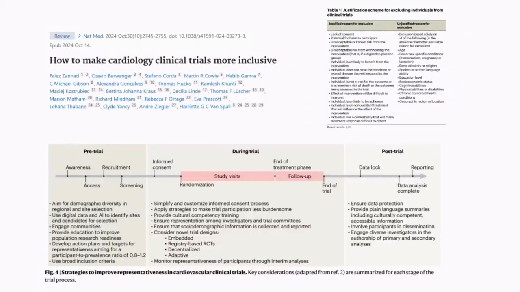Some of you may look at research from a clinical perspective, but even if you don't, as physiologists, as nutritionists, you might be getting people to come to the lab on several occasions. Think about how inclusive that is. Do you really need all of the inclusion and exclusion criteria that you currently have on that list? What's a non-negotiable? What could you maybe get rid of or change a little bit?